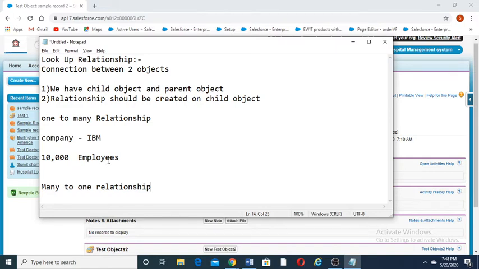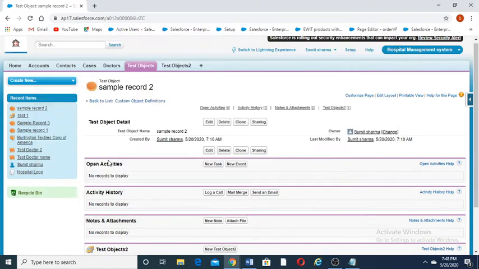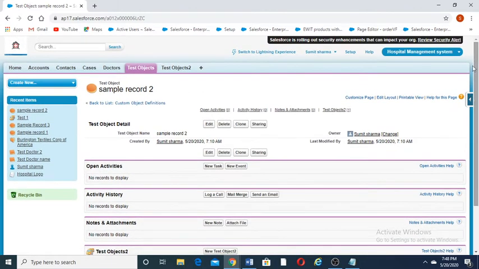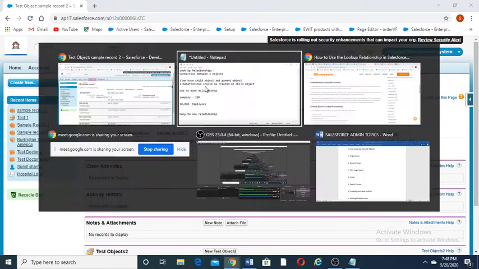So the lookup relationship we have created is one to many or many to one.